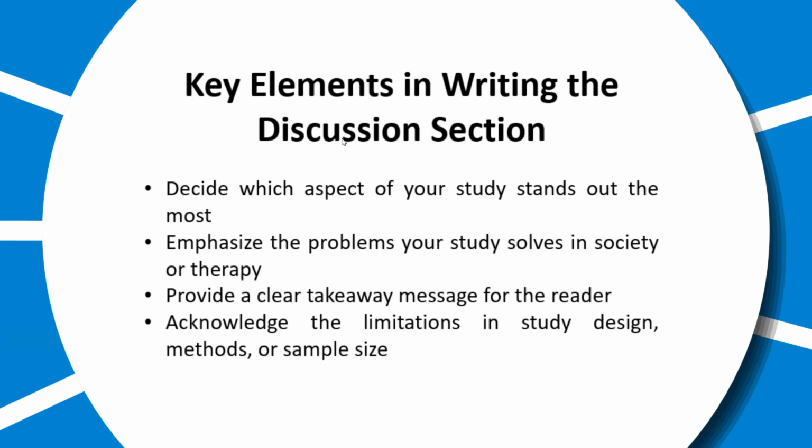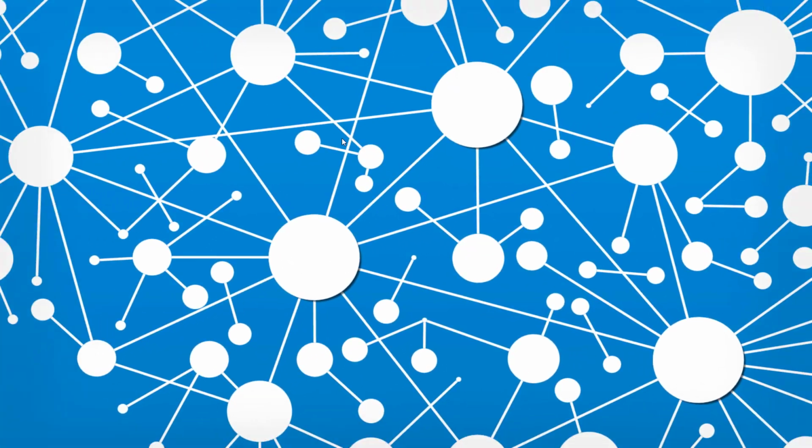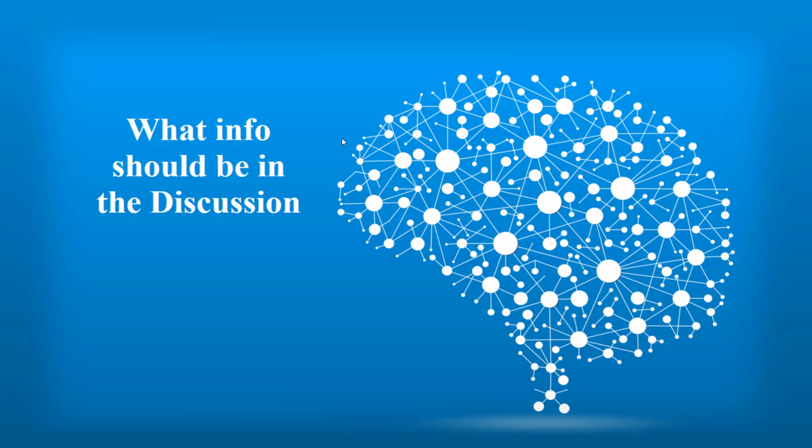For example, describe an activity that led to a limitation, like the experimental method or the statistical test used. Also explain the limitations and discuss how they may have impacted your final results. My friends, as we have seen, the discussion is where you show your critical thinking, address any limitations, and make your research matter. The goal is to convince your readers why your findings are important and how they fit into the bigger picture. Now, let's move on to our next session, suggestions for writing the discussion.